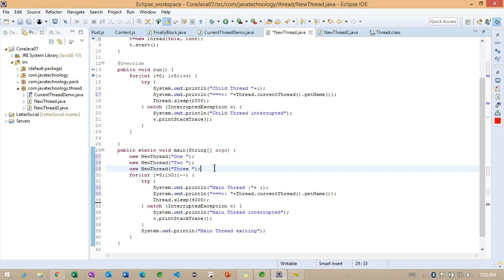So how many threads am I creating here? Along with the main thread, I'm going to create 3 threads here.